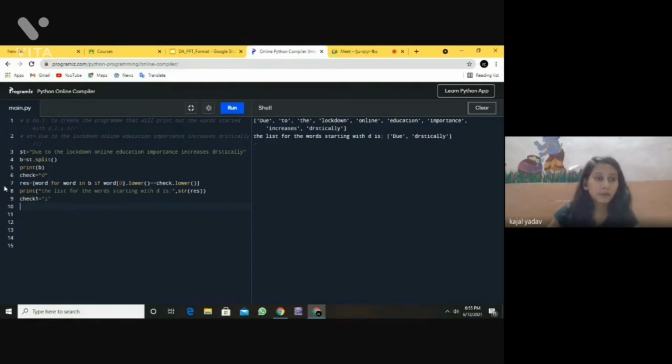It is similar to the previous variable; we will just give here I. We will copy this as it is, and then we will print it similar to the D and so on.